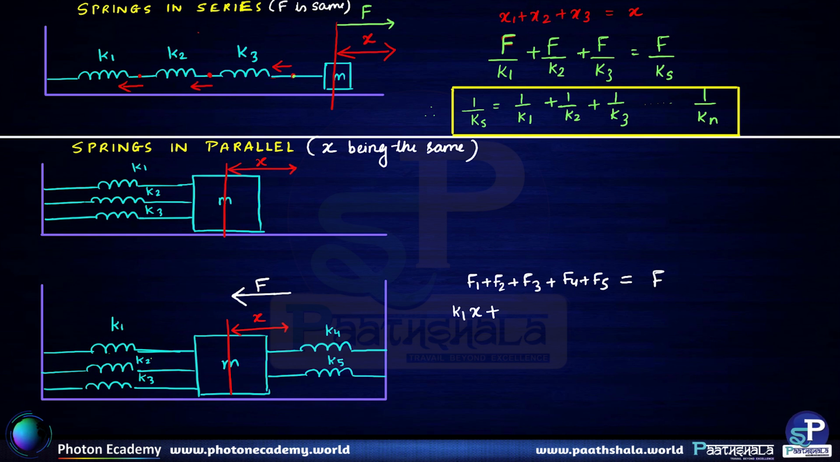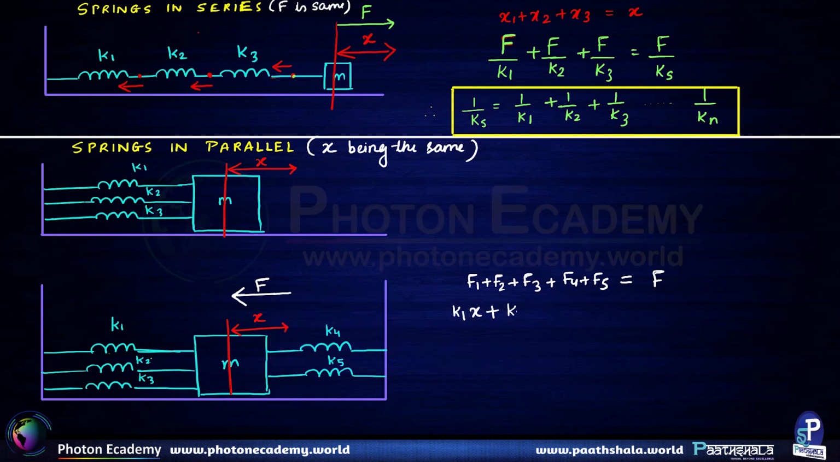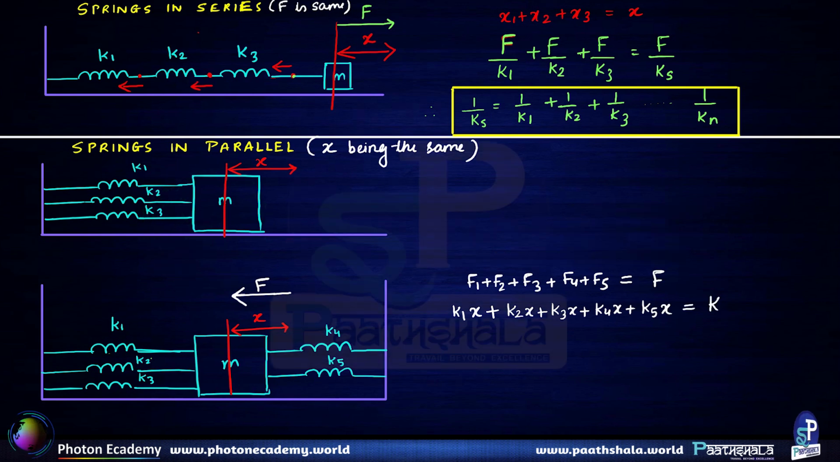So K1x plus K2x plus K3x plus K4x plus K5x is going to be equal to K effective, that is K parallel into x. So after cancelling out all the x's,